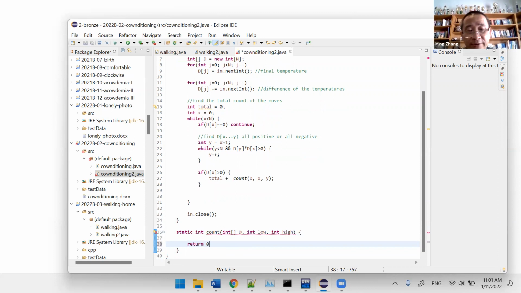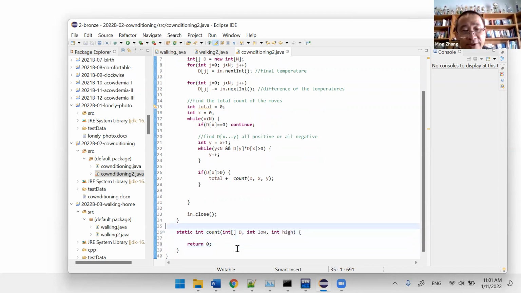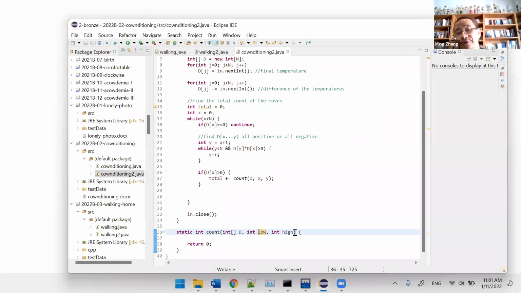And I'm going to have return 0, so it will not complain. So what I want to do with this one is count the number of moves. I'm going to bring the array D between x inclusive and high exclusive, make all the numbers 0, or bring from 0 to this D. What is the number of the moves